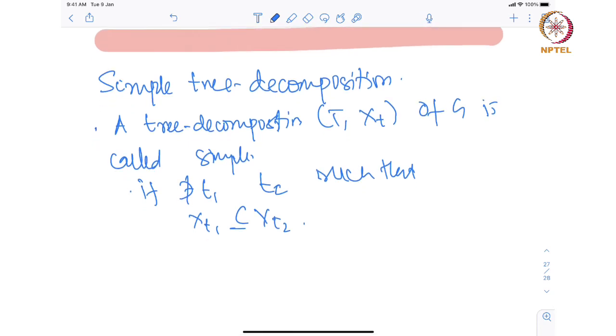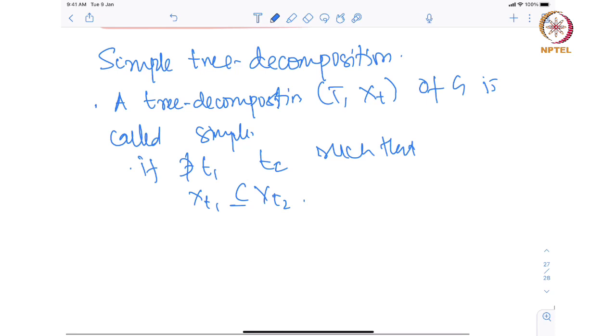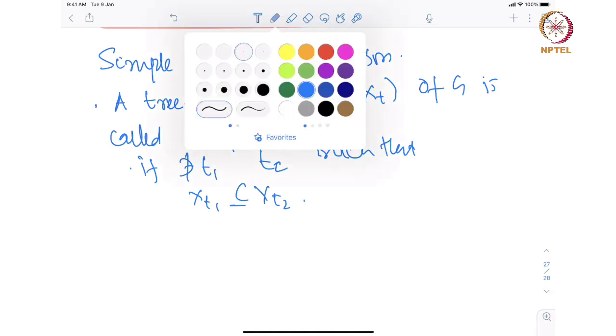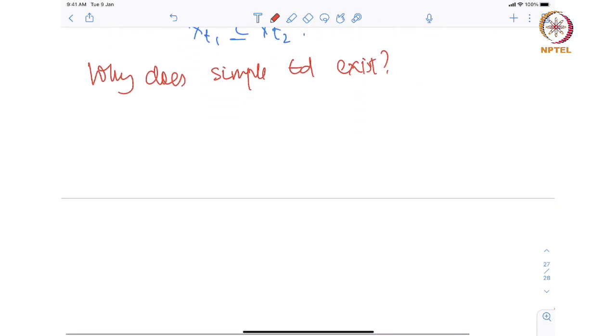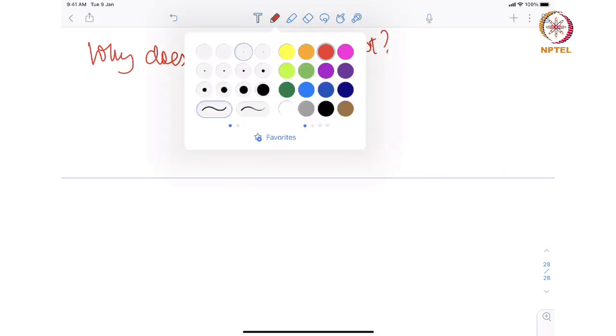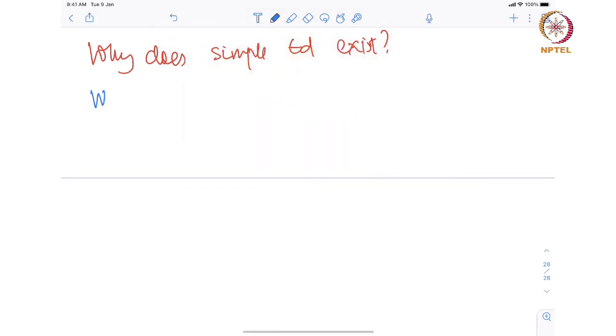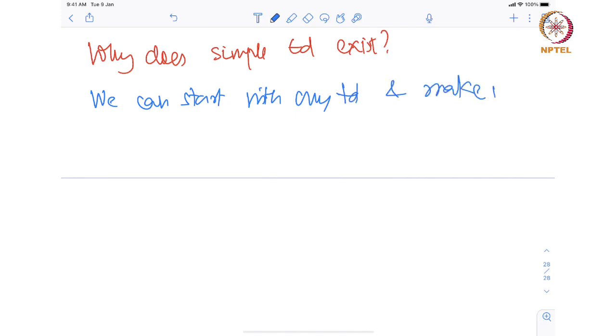Now there are several questions. The question is, why does a simple tree decomposition exist? This is very simple. We can start with any tree decomposition and make it simple. How? Look,